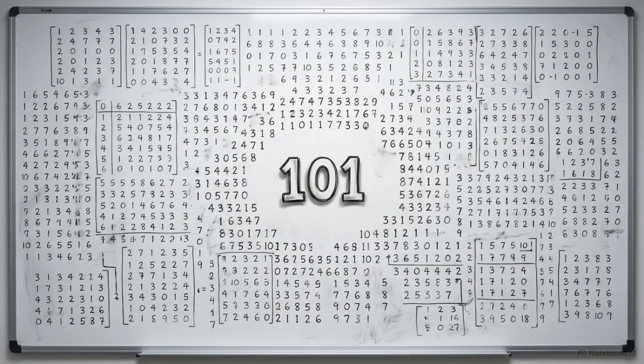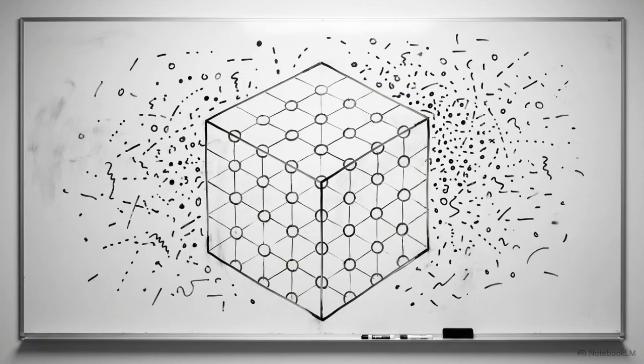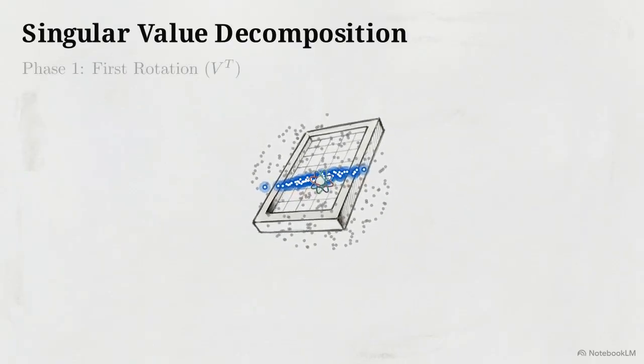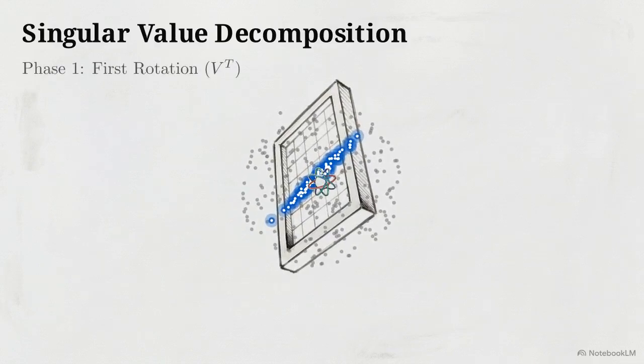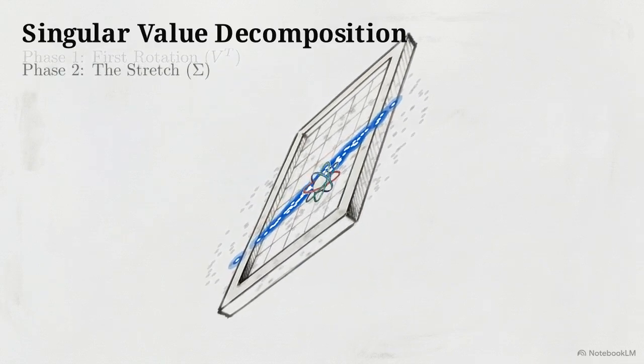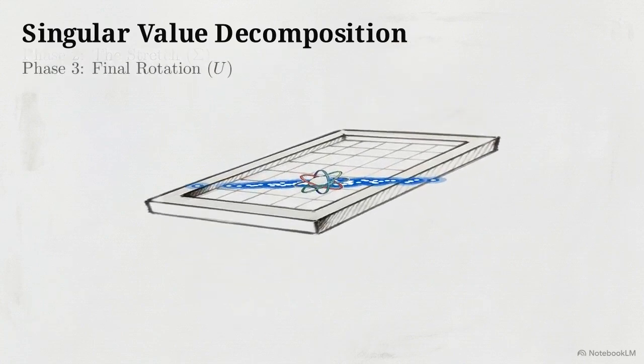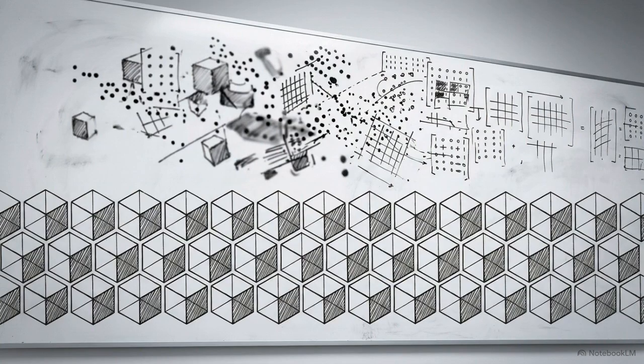How does a computer identify the small percentage of data that actually contains a meaningful signal? Scientists use a method called singular value decomposition, or SVD. It is a way to distill a complex matrix into its most important foundational parts. First, the computer rotates the dataset to find a new perspective where patterns are easier to see. Next, it applies a stretch, elongating the primary trends so they stand out from the clutter. A final rotation aligns these components into a clean format. By rotating and stretching the data space, we can discard experimental errors and isolate the core information within any dataset.